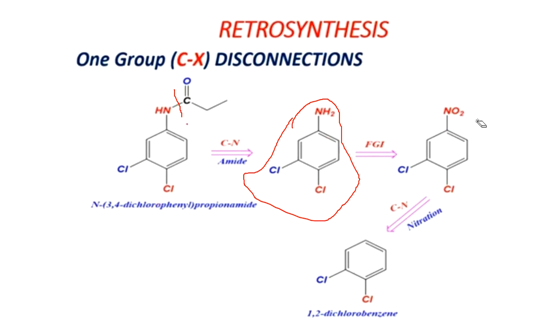Here we can break the bond through this. We can break the bond from this and we are getting 1,2-dichlorobenzene, which is also an easily available starting material. So this is our retrosynthetic step, where we can fragment the given molecule in an easier way, in such a way that we are getting easily available starting material. We can fragment the molecule like this so that we are getting a stable product.